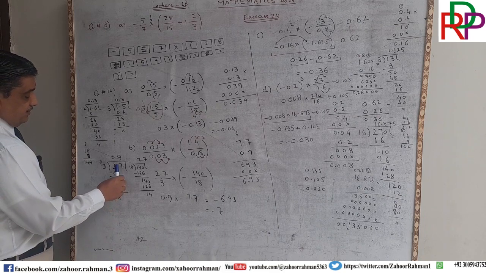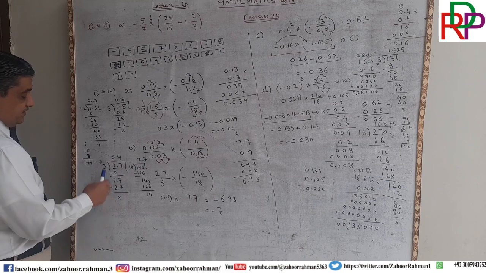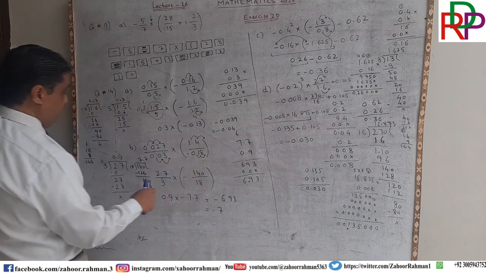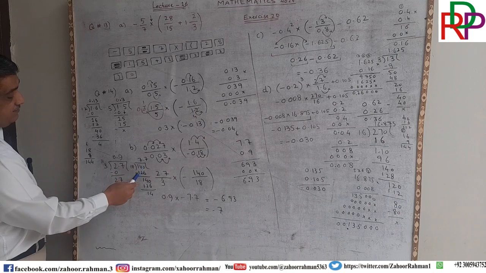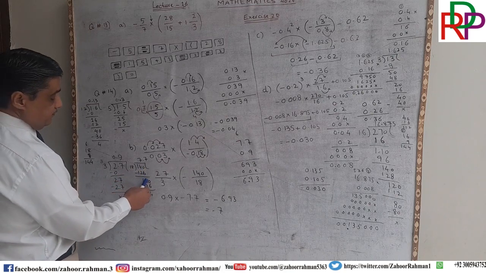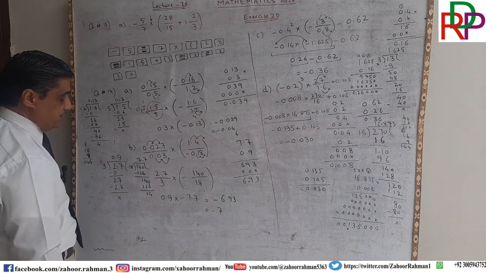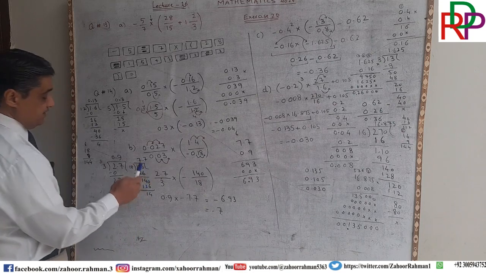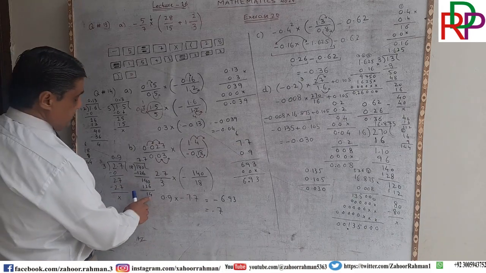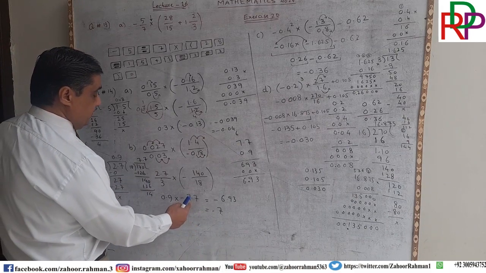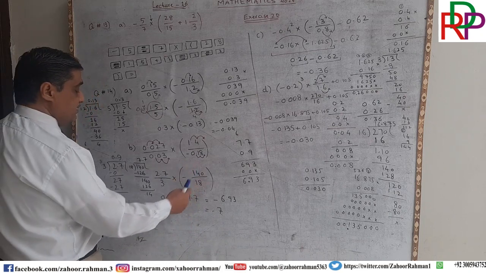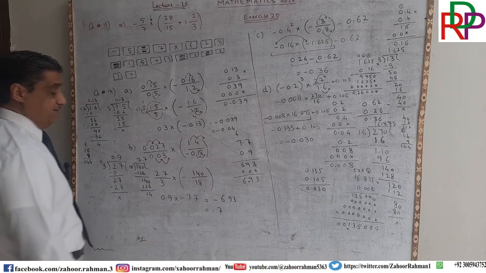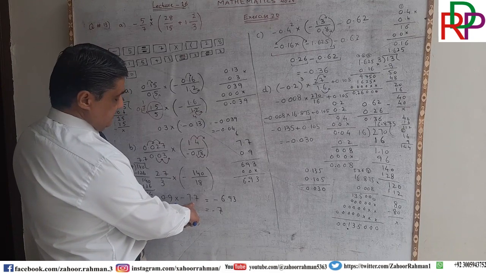So then we have to do 3 nines are 27, and as a result we will get 0.9 from this portion. 140 divided by 18, 18 sevens are 126, and we will get 14 when we subtract 126 from 140, and we will put 0 from our own side, so 18 sevens are 126 again, so it means it will be repeated, so we are only writing 7.7 from this portion, minus 7.7, and from this portion we are having 0.9. When we subtract this